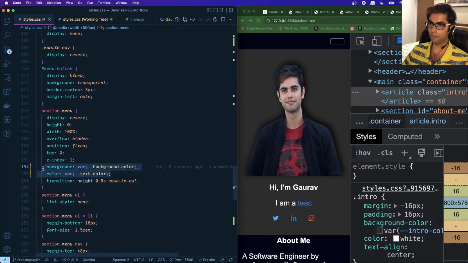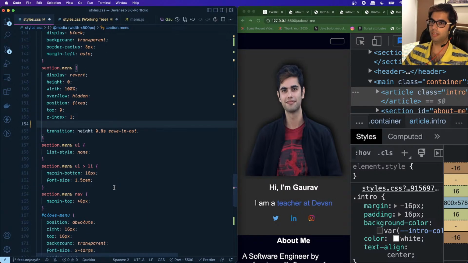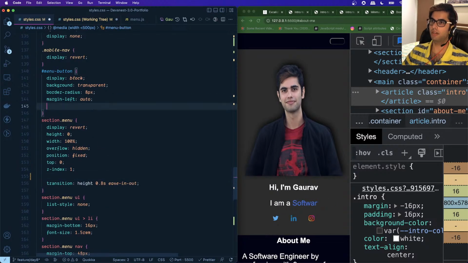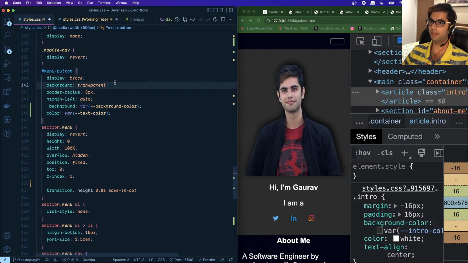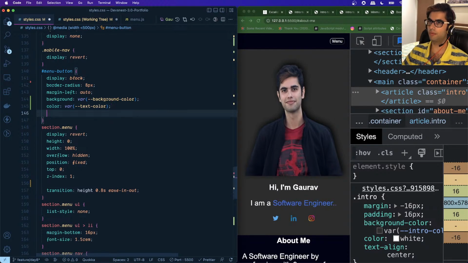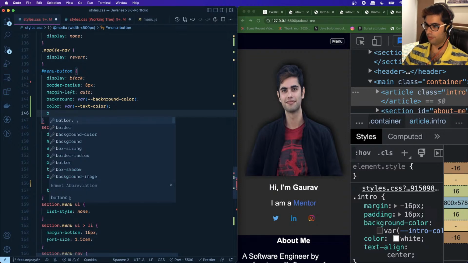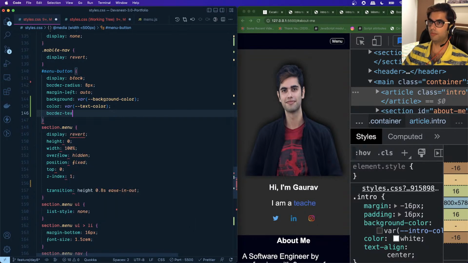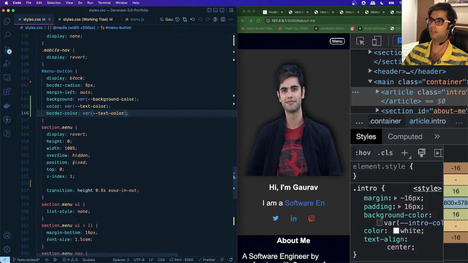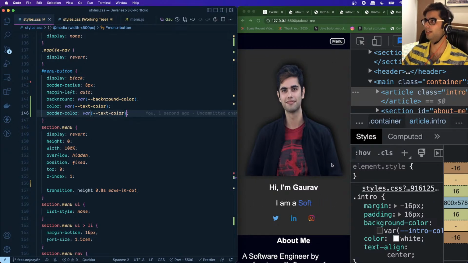and what we want is not within the menu. Actually, we want to do this for the button, right? So where is the button? Button is here. Instead of having a transparent background, we can set it like this. So you can see that this text is appearing in white. Then similarly, whatever is the border color, we want that to match the text color, right? So we have this white outline now,